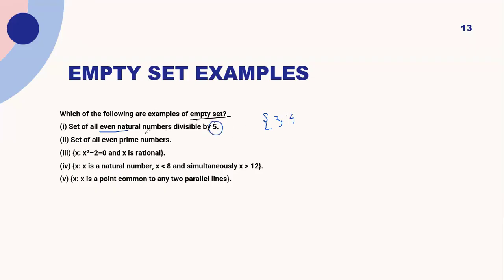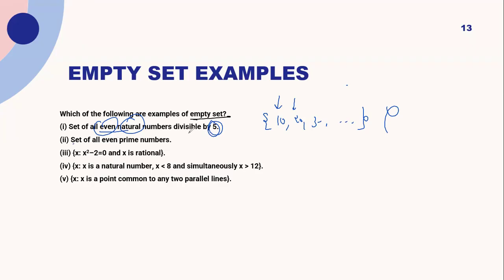So I cannot include 2 and 4. That should be even as well as natural as well as divisible by 5. So that is possible only for 10, 20, 30 like this. But this is not an empty set because it contains elements. For a set to be empty, it should not contain any elements.